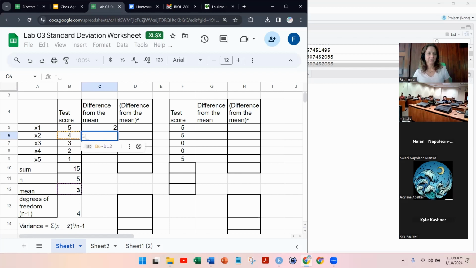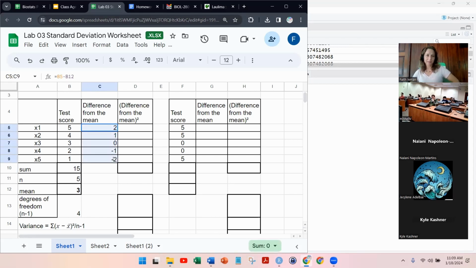equals test score minus mean, right? Or you can say, since you know the mean is 3, equals 3 minus 3. However you want to do it, that's fine. And there you get 0, right? And here you would say equals test score minus the mean. There you go. And one thing I like about this really simple example is because of the way I set it up, you can see how